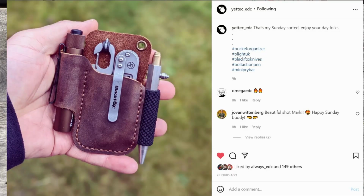First up, I have YetTech underscore EDC. There's an underscore before the EDC, I missed that entirely. It is Sunday, so ironically, I'm filming this on a Sunday and I post these on Sunday, but this is his Sunday carry. I love this little organizer. I'm not 100% sure